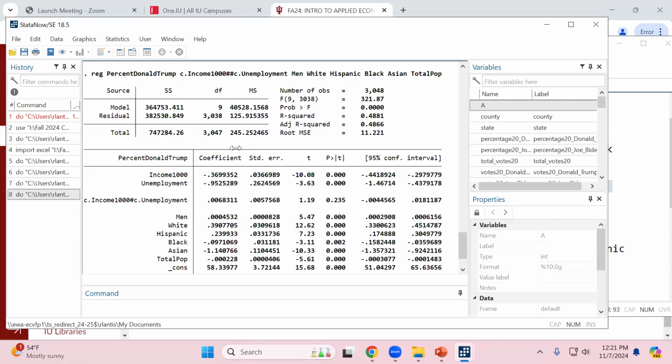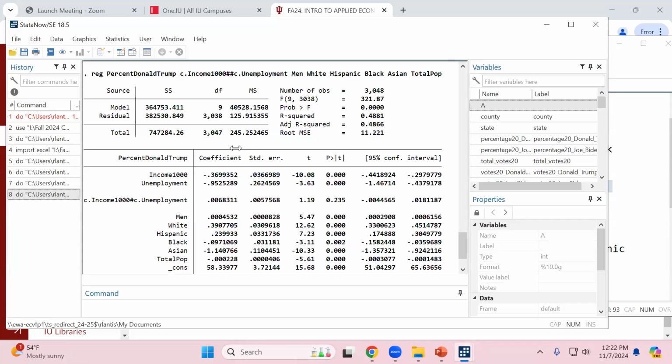So where is this turning point going to be? At what level of unemployment will the marginal effect of income actually be positive on the percent of people in that county that voted for Trump? Well, what did we say? We would set our marginal effect equal to 0. That would give us